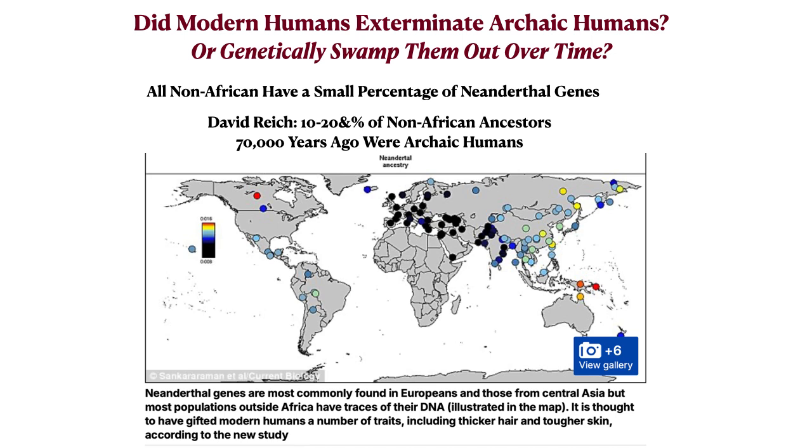But as I mentioned before, all non-African populations have a small percentage of Neanderthal genes. But Reich, citing some other scholars, says that the actual percentage of Neanderthal ancestors among our non-African ancestors was much higher. If you go back 70,000 years ago, perhaps 10 to 20% of ancestors of non-African populations were archaic: Neanderthal, Denisovans, or so on. And you might wonder, how does that square with the figure that we only have 1 to 5% ancestry in our genes? Well, the argument is that